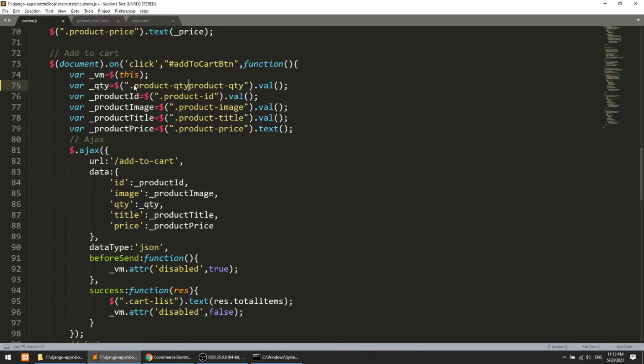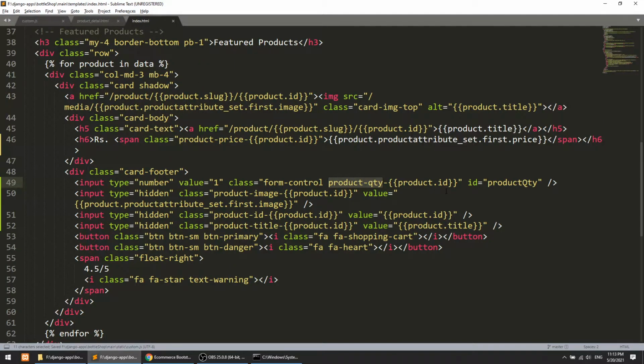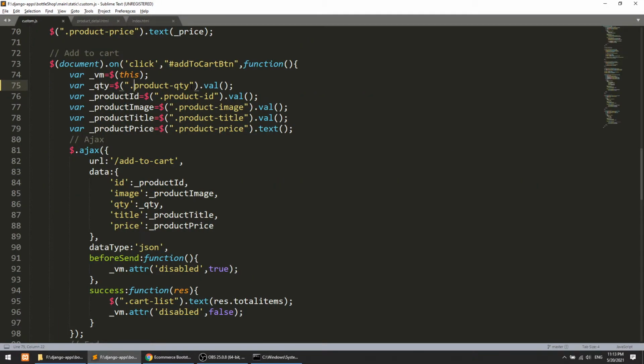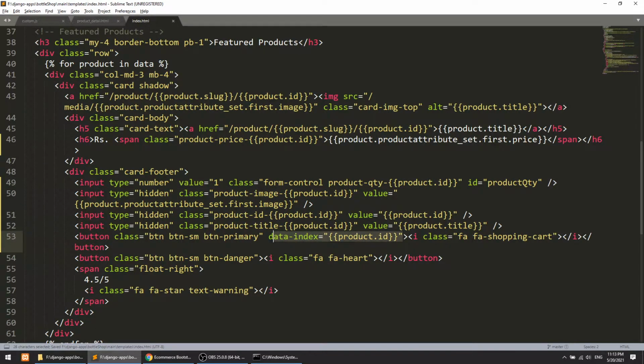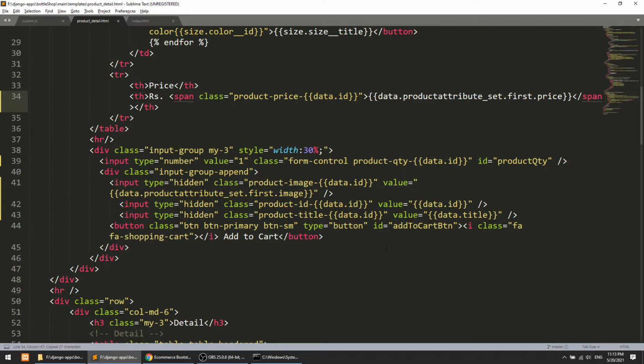This will be the class. Now we need the id, so that we can add this id here with the class. So we will pass the id on this button. This will be data index equal to product id, and similarly we will do this for the product detail page.